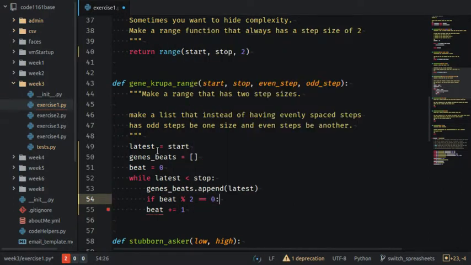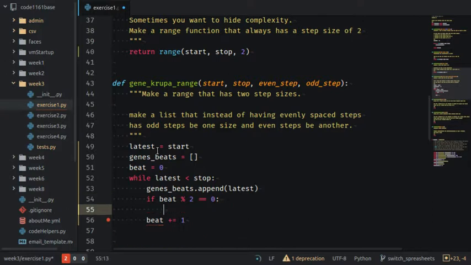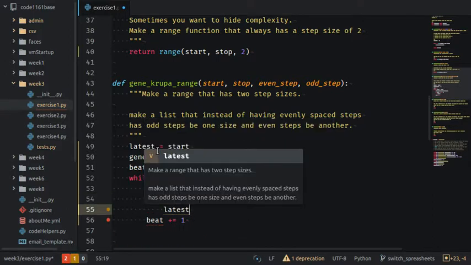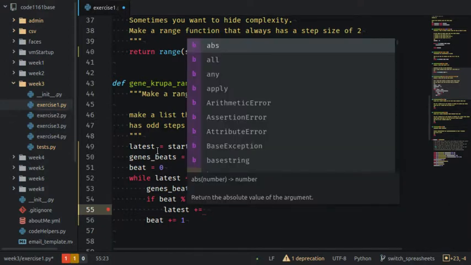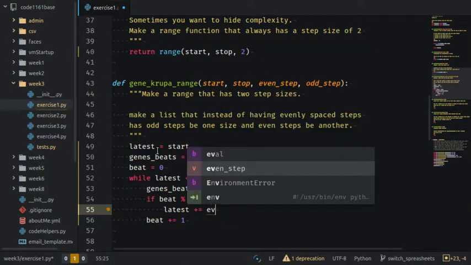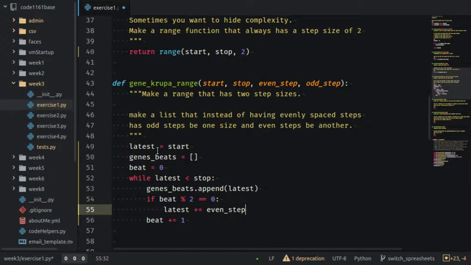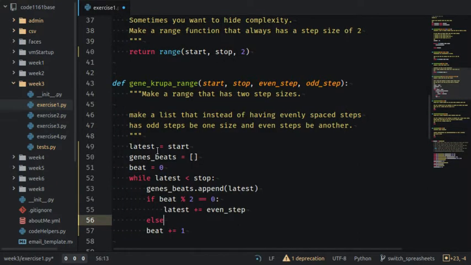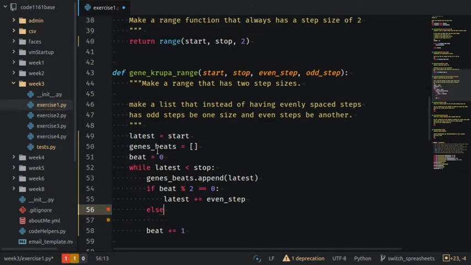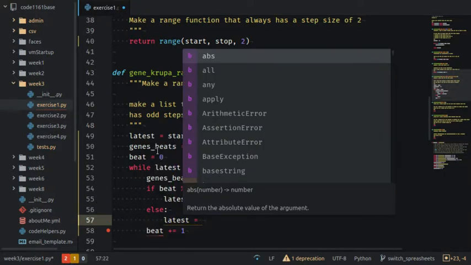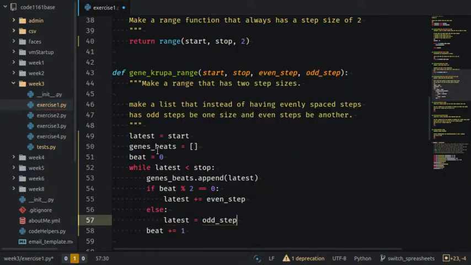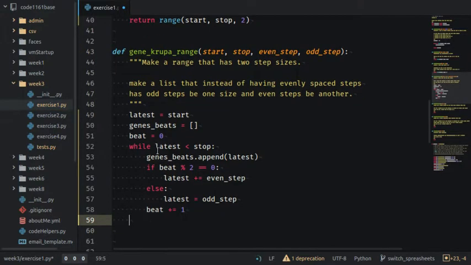So if that's true, which means it's an even beat, then latest plus equals, so we're adding to latest again, even step. Okay, and then else colon latest equals odd step. And then at the end, once we've got all that, we can return